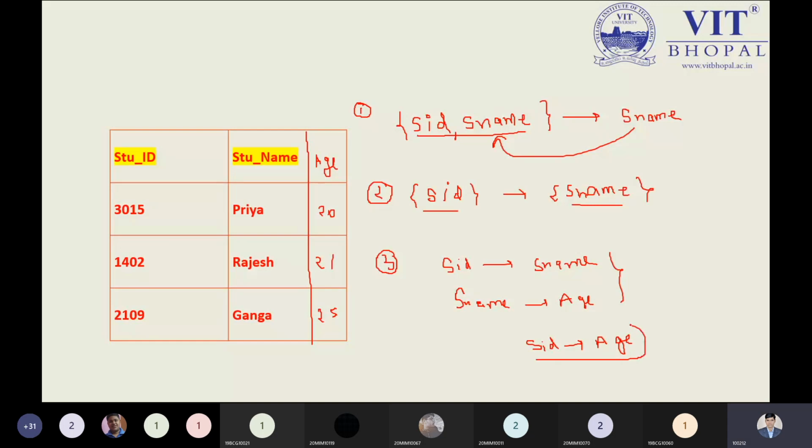This example belongs to the transitive functional dependencies. In the case of the multi-valued dependencies, you have to understand if it is not dependent. So are student name and age both independent or not? No. From our logic or common sense, we can easily identify that student name and age are a little bit dependent on each other. That is the point we have to keep in mind. So if it is not independent, we can apply the multi-value dependency. That is the key term we have to keep in mind.